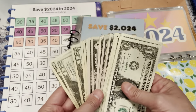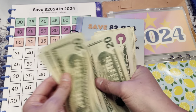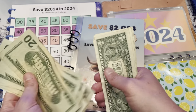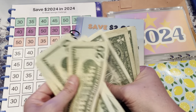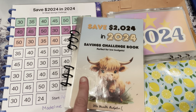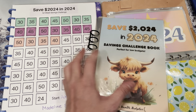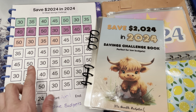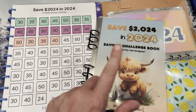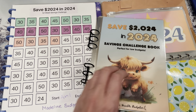I have another $180. Let's just make sure it is all here. 20, 40, 60, 80, 125, 135, 145, 155, 165, 170, 171, 172... up to 180. So $180, but of course 80 of that automatically goes towards my 2024 challenge. So I am going to do $45 in my Meline budgets one, and then the remaining amount, which will be 45 plus 5 is 50, 35 is going to go into my Save 2024 challenge from Carmen over at the